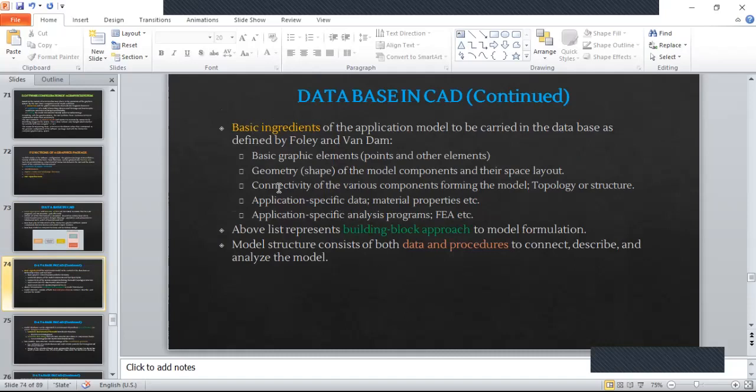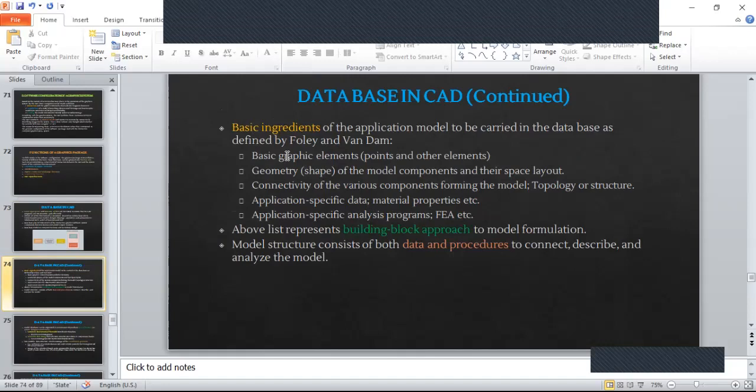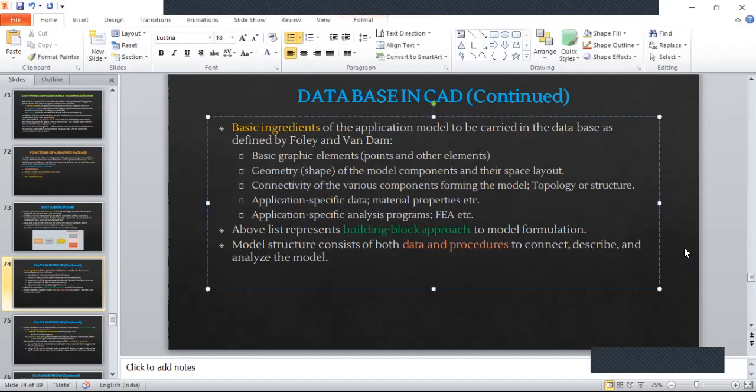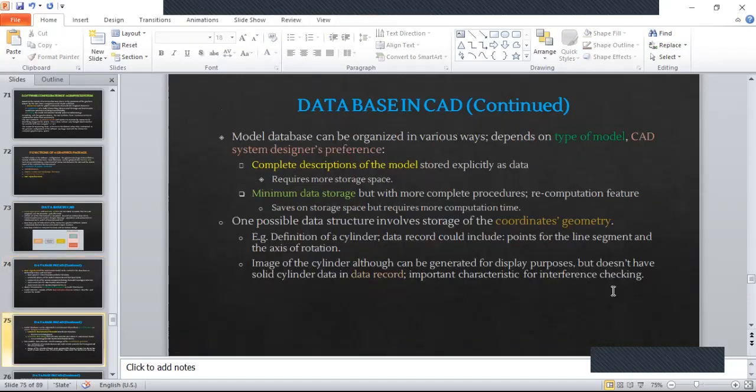Building block approach, from basic graphic elements up until the most advanced ones, and the different ways of storing. We saw that if we store just one axis and that cylinder line, then that data record will not include the solid cylinder data, isn't it?